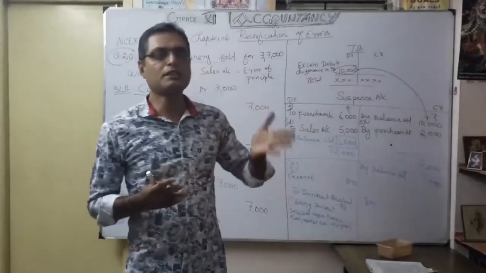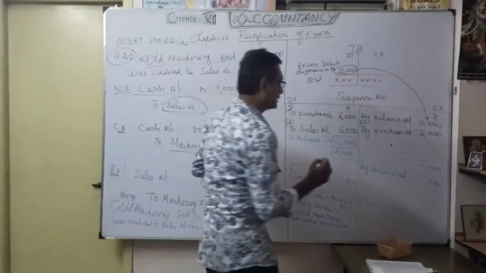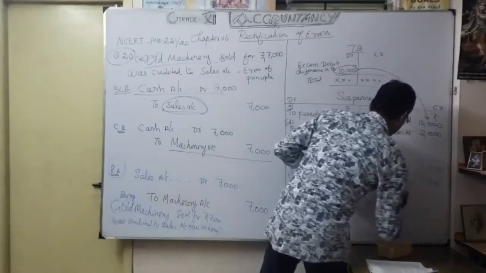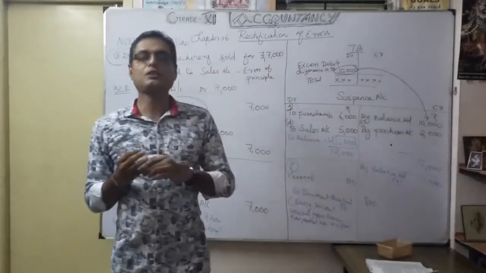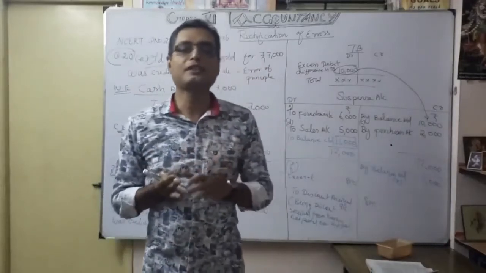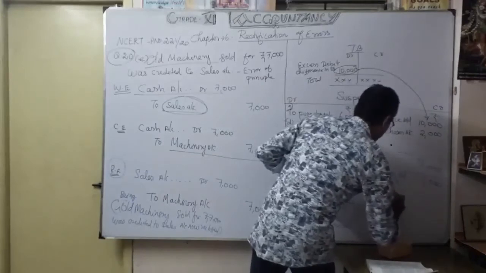So for any suspense account balance, you know how to give the effect. So here it is a credit, isn't it? This is the credit side. Okay. So now the suspense account is shown as a credit. So we consider what? This is in a balance sheet. How are you going to see it in a balance sheet?